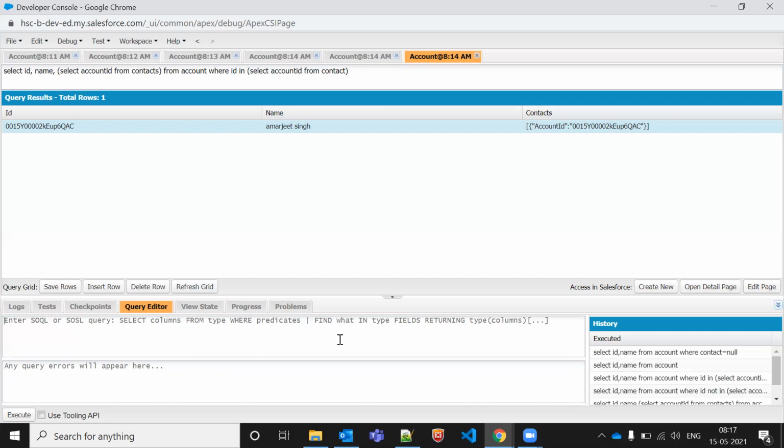Same: select ID, name from account where ID in. You said not opportunities, or includes opportunity, anything you can tell, it doesn't matter. Okay. Select account ID from opportunities.